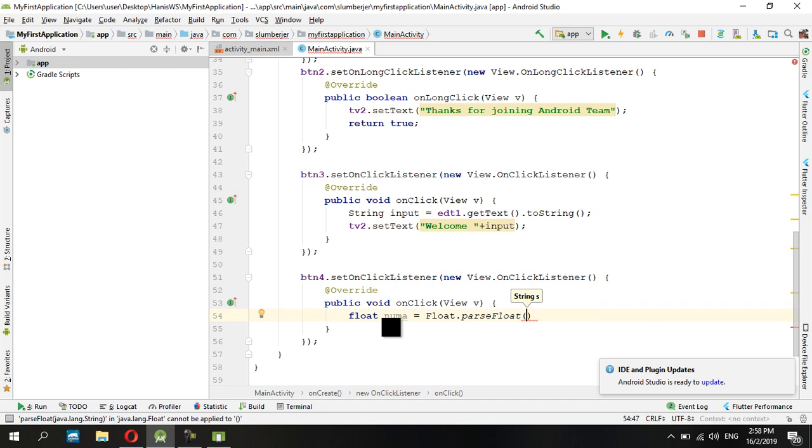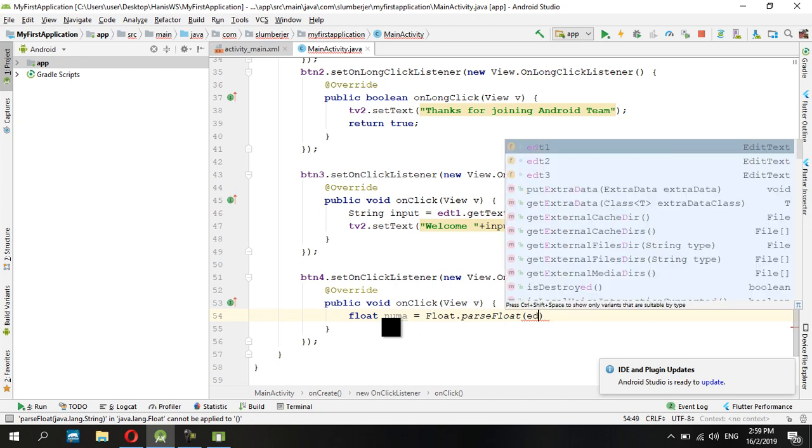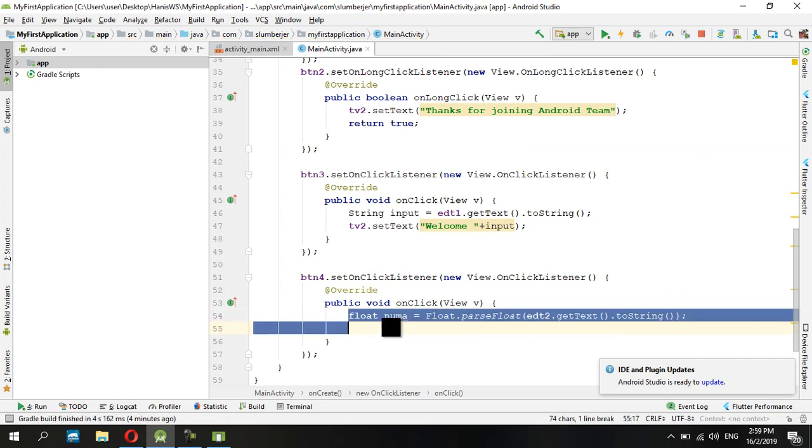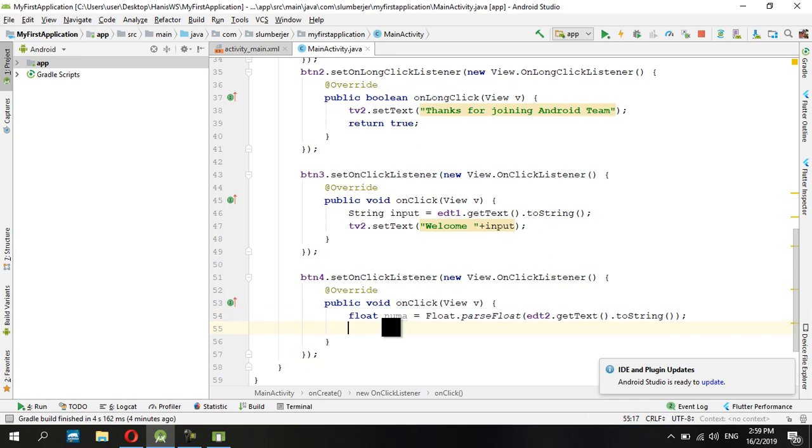So the value from input is adt2.getText().toString(). This is a shortcut basically, because we just want to get the value straight away. The second value we get from adt3,